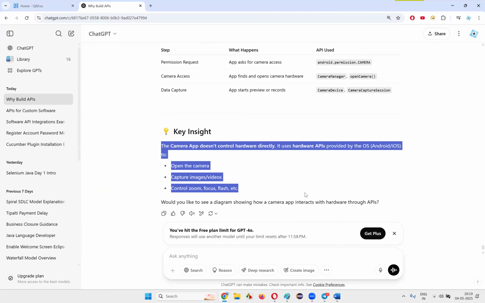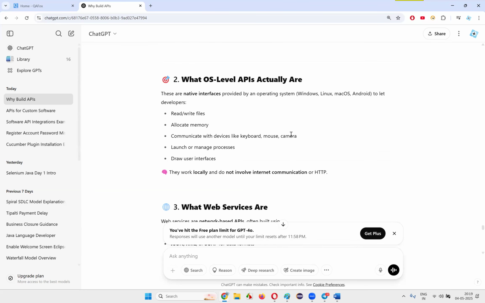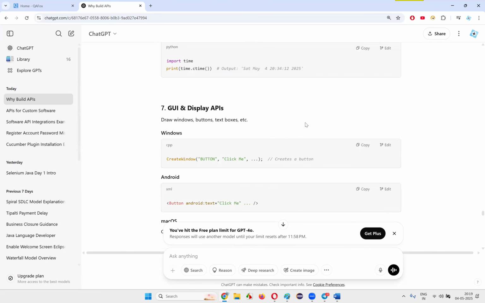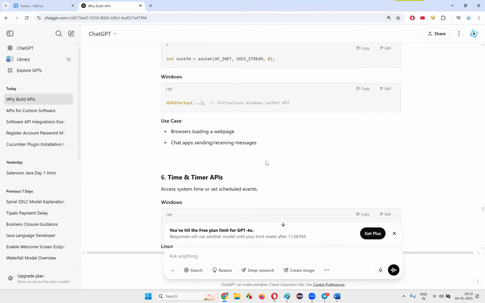Hope you are able to understand how APIs are everywhere. In this session, hope you get some clarity on what APIs are and what the different types of APIs around you are. Without your knowledge, this many types of APIs are there. One type you have already imagined is web service APIs,